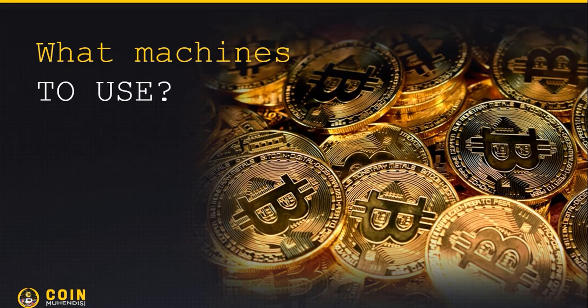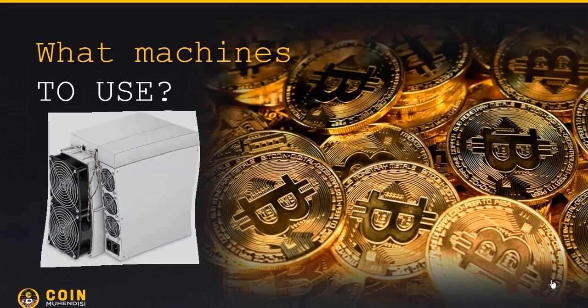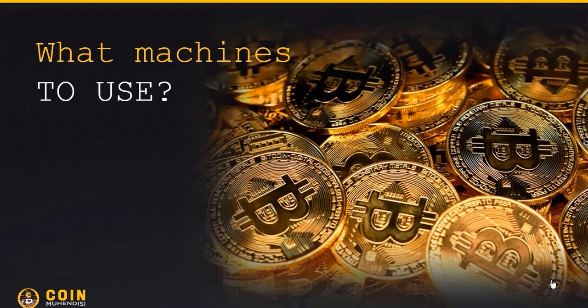Okay, now the other question is what machines to use. We use ASIC machines to mine Bitcoin, which stands for application specific integrated circuits. Initially, years ago, people used to mine Bitcoin with laptops, desktops, and so on, because the idea behind Bitcoin was for it to belong to the community, including lower class and upper class people, but they forgot its value. Probably they never thought the price of Bitcoin would go that much higher, and it jumped crazily, and people and institutions started mining Bitcoin, and mining went parabolic when the price skyrocketed.